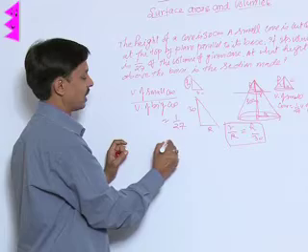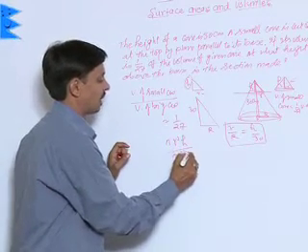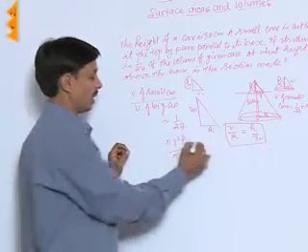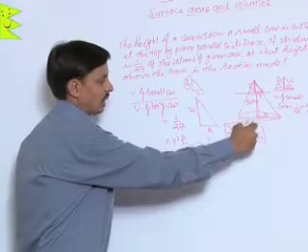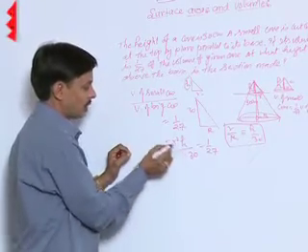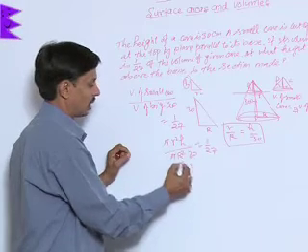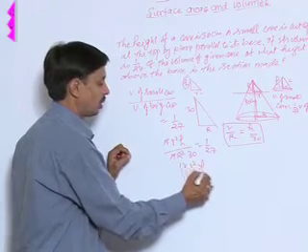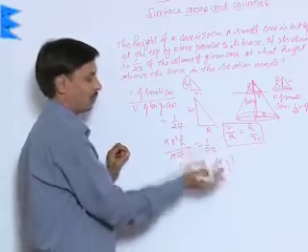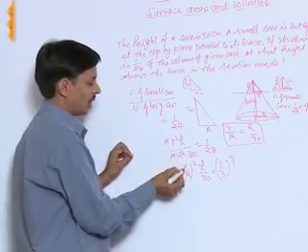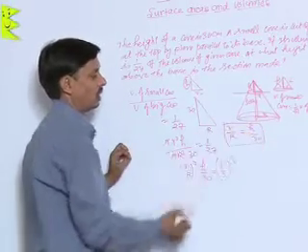Volume of a small cone I can say pi small r square h upon pi capital R square into 30 is equals to 1 by 27. But r upon R can be replaced by h upon 30. So this pi and pi get cancelled. I am left with small r upon capital R whole square into h by 30 is equals to 1 by 3 whole cube. I can say 1 upon 27 as 1 by 3 whole cube. But in place of small r upon capital R, h upon 30 can be replaced.